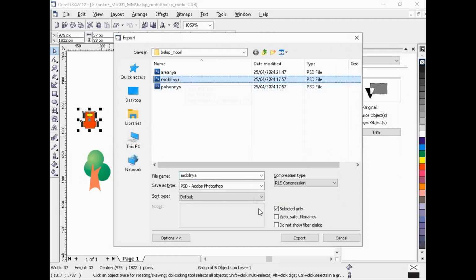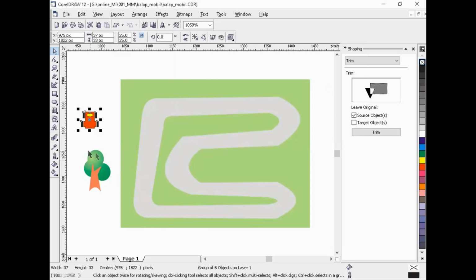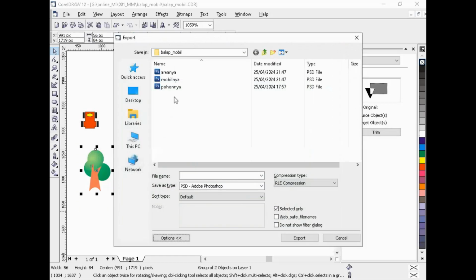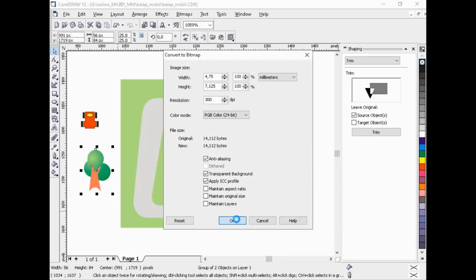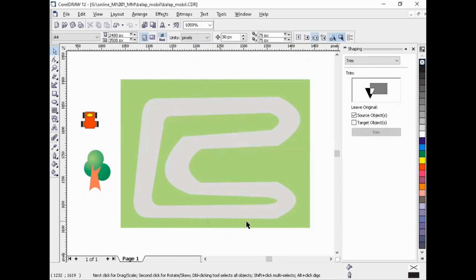Give the name mobilnya, still save as type PSD format. Okay, now the tree export. The name is pohonnya, PSD format. Export. Okay, that's the resource ready to lay out on Flash.